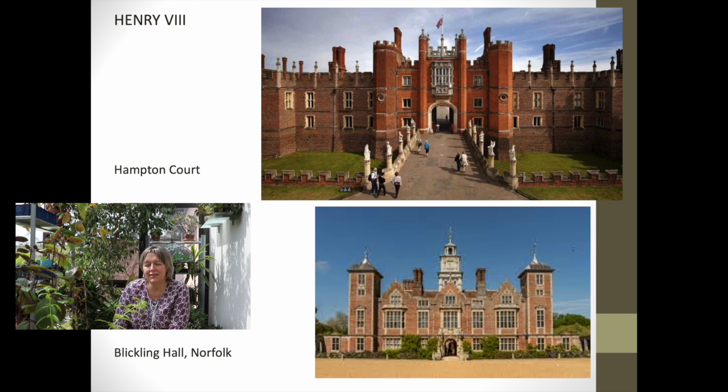Not all of his palaces survived, but the one that he liked especially fortunately does, and I mean Hampton Court. On the outskirts of London, a very important royal residence which was rebuilt for at least 3 dynasties: the Tudors, the Stuarts, and the early Hanoverians. And if we look at the oldest part of Hampton Court, the part that was built from red brick, which was a new and very fashionable material at that time in the 16th century,